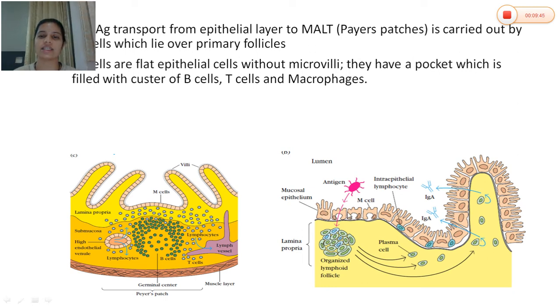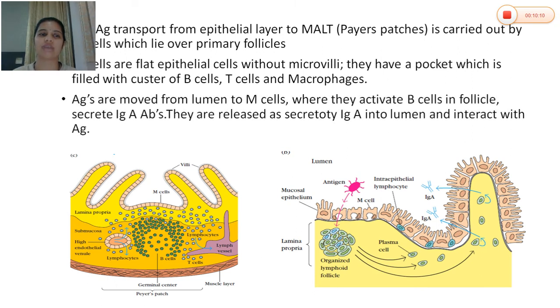You can see here these are M cells. M cells do not have microvilli like the other intestinal cells. Now these M cells are present close to the primary follicles. These are the primary follicles here. Now these are the M cells. You can see the same here, M cells. As the M cell pockets contain B cells, T cells and macrophages, upon the entry of the antigen,